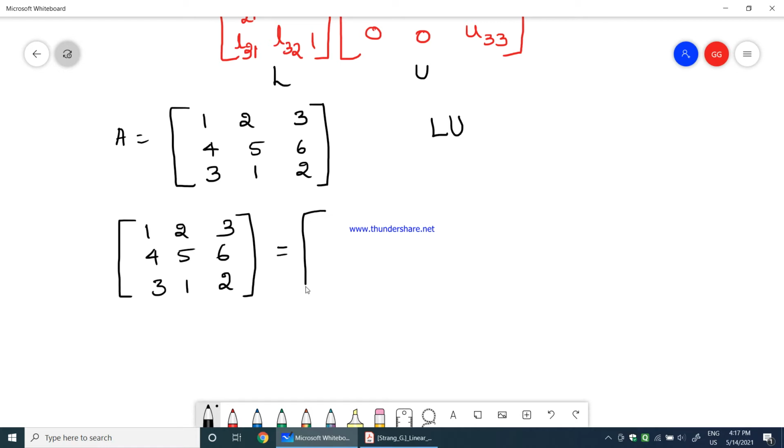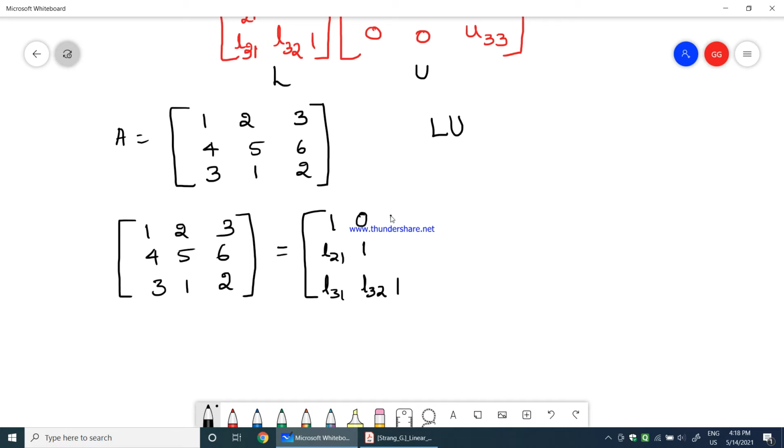So I need to factorize this into a lower triangular matrix with all diagonal elements equal to 1. This is the rule, where in the lower triangular matrix we consider the diagonal elements to always be equal to 1 while factorizing. And this is L21, L31 and L32. We need to find these values now. Then only can we have a complete L matrix and U matrix, where you multiply both and you will get the matrix A. Now finding the determinant is a different rule we have. I will tell you how to find that determinant later.